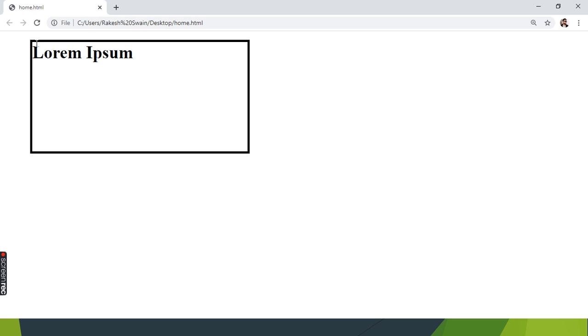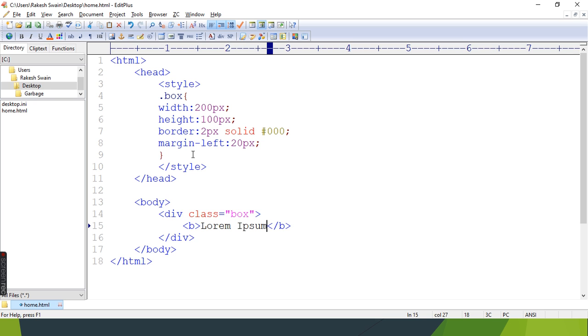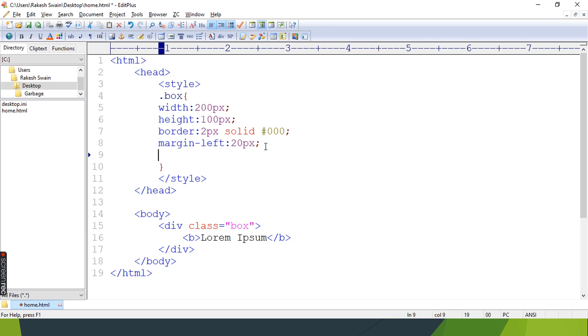If you see, it is the first line, or you can say first row, first column, correct? In this scenario, what if you want some distance in between, the distance you want? What you can do is put padding